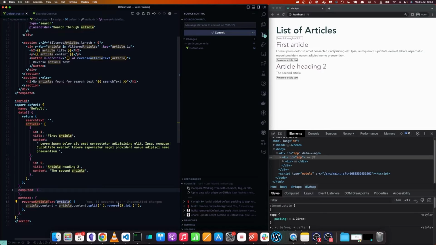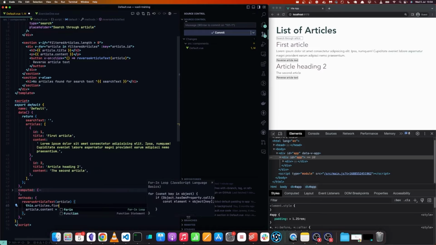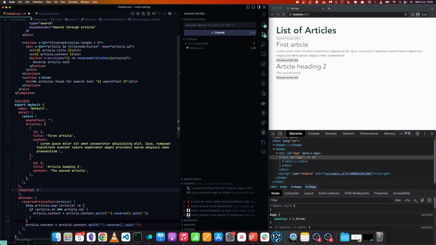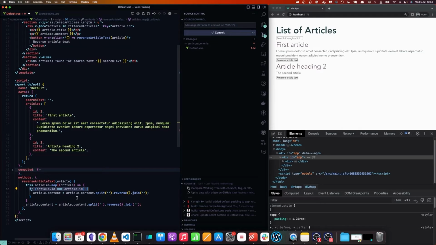But let's say for whatever reason, you were not able to do this. Instead, what you could do is come here and say this, again, dot. Inside your method, this is how you'd access other properties here. And then you'd go to articles and map through them, get each article, and for each article, you check if the article ID matched the article that we provided here. So if we say article provided, for example, then if the article ID inside our articles array matched whatever article has been provided, then we wanted to modify that article's content to be